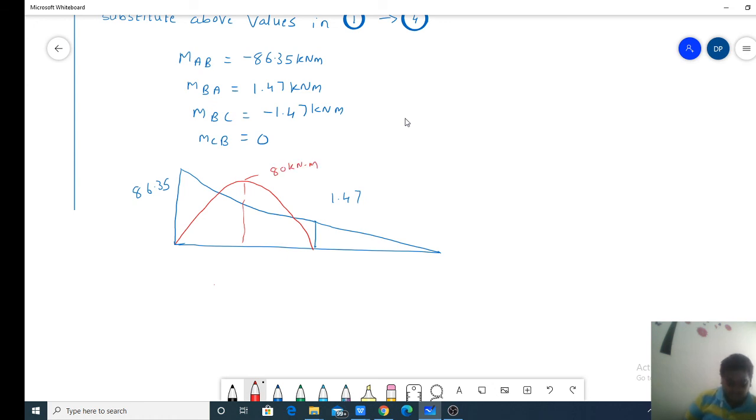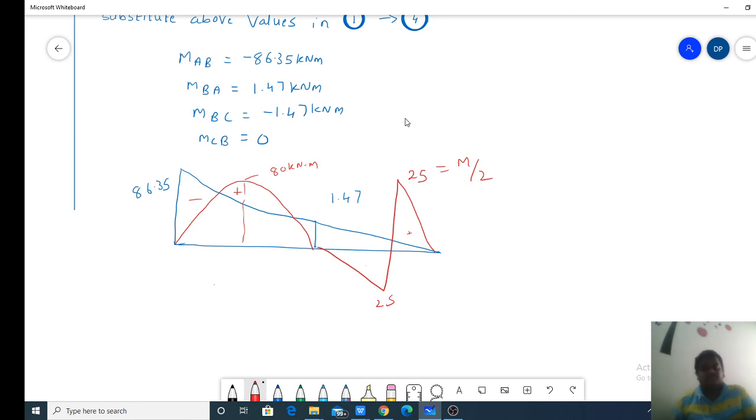And here, for the free bending moment diagram, this will be M by 4, right? So this is M by 2, this will be 25 and this will be 25, this will be M by 2. This is the positive side and this is the negative side. With respect to this, this is negative, this is positive, right? So this will be the bending moment diagram, right?